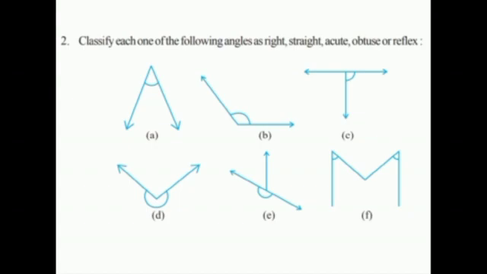Now, by observation, can you say what angle is in the A part? Yes, this is acute angle. Is there any other acute angle? Yeah, you find it. In F question, the two angles are acute only. Okay, and then, is there any right angle? Yes, in C part, there is right angle.